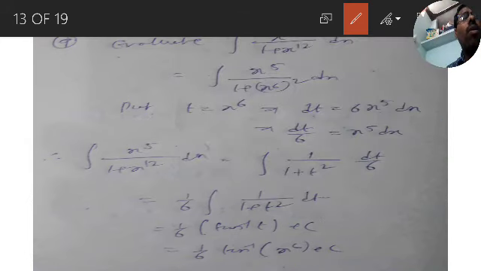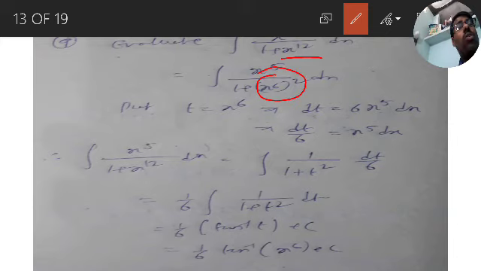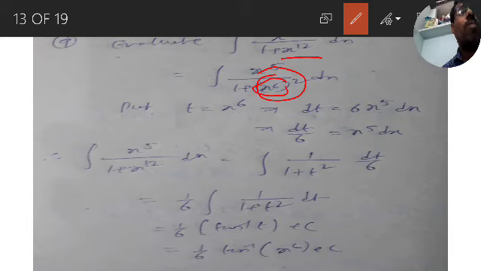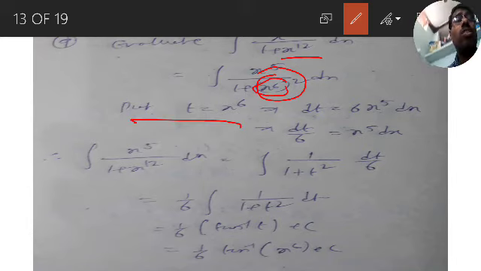Are you getting? So only x to the power of 12 you have to write in the form x power of 6 whole square. Then you have to remember the formula, that is integration of 1 by 1 plus x square. But instead of x, you are having x power of 6. So put t is equal to x to the power of 6. Once you get the substitution, then automatically the problem closes.